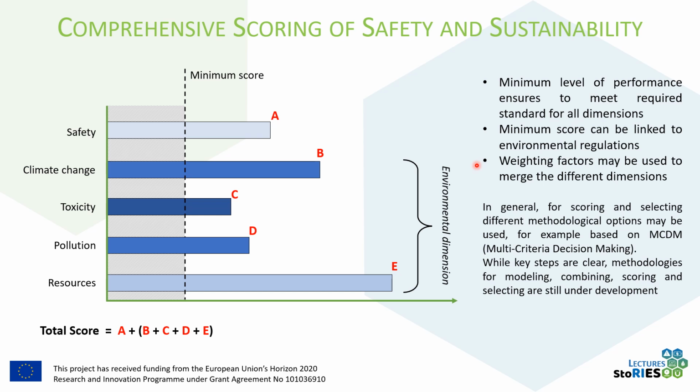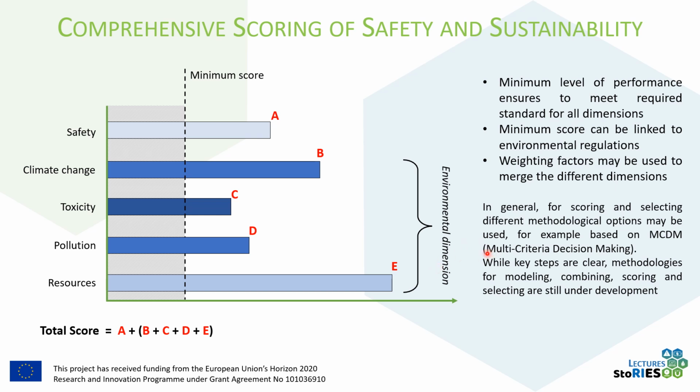A third aspect concerns the use of weighting factors. This is related to the fact that very different impact categories, regarding the environmental but also the safety, should be merged together, and the use of weighting factors can be a tool for having the proper scoring and combination method. Usually, as I already said at the beginning of this lesson,